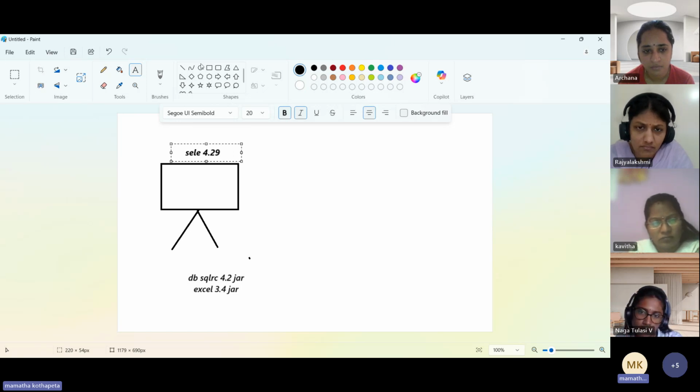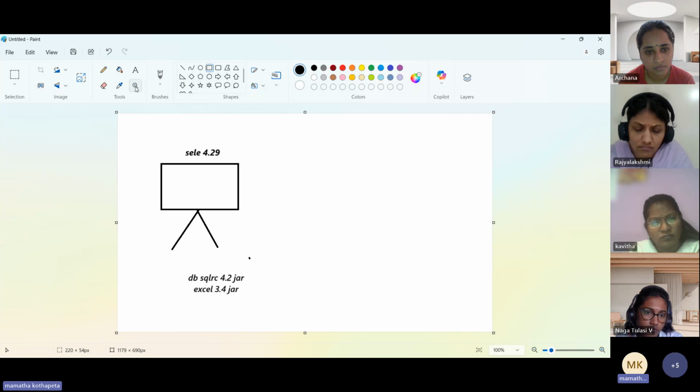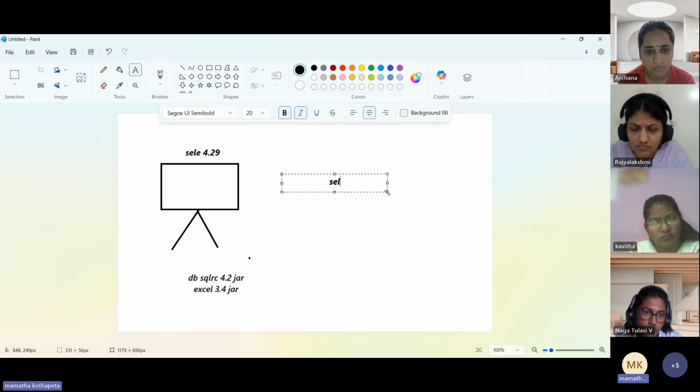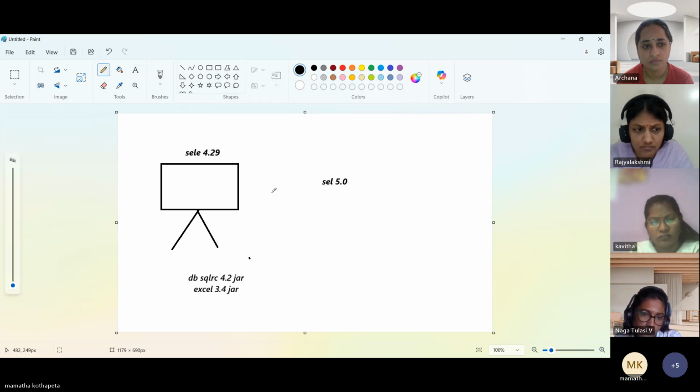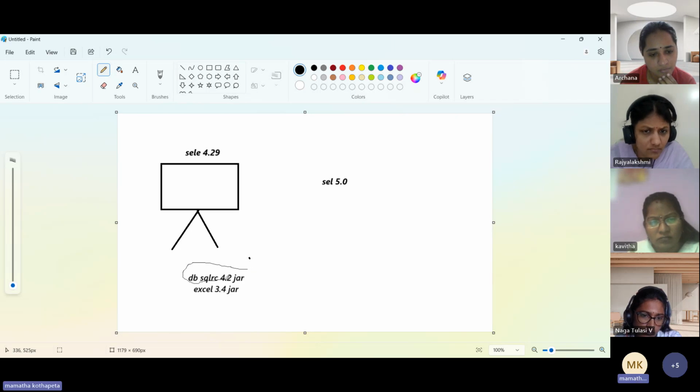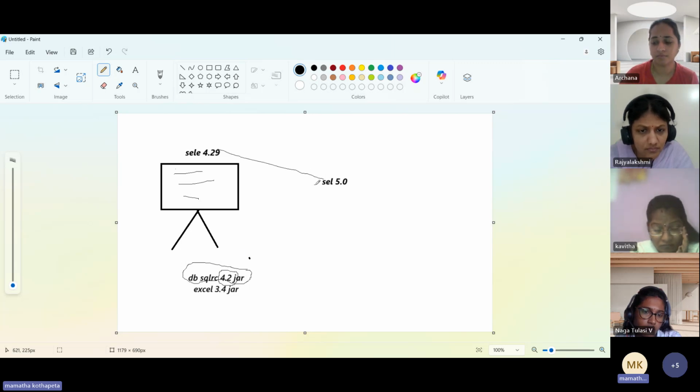Now just imagine, after a month, there was a release 5.0. I'm just saying an example. The moment it says 5.0, maybe your script has a database script where you have written 100 lines of script. Your database is having 4.2 jars. Unfortunately, the moment it got upgraded to 5.0, these jars may or may not be supporting this 5.0. They might be only supporting